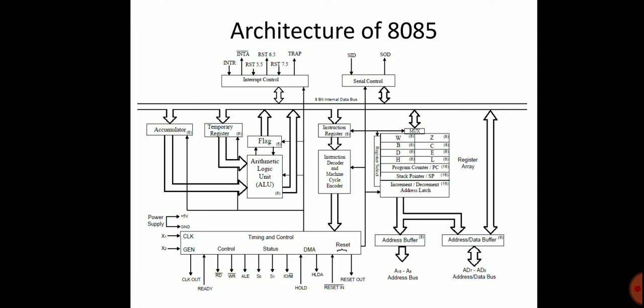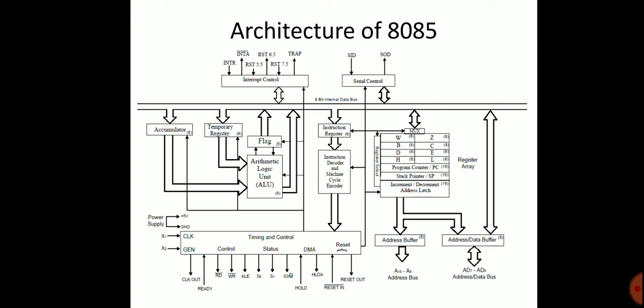it is made up of six 8-bit registers, that is B register, C register, D register, E register, H register and L register, and 1 accumulator and 1 flag register and two 16-bit registers, that is the stack pointer and the program counter. All these registers are accessible to a programmer and hence they are included in the programmer model. The remaining registers, the temporary registers W and Z, are not accessible to the programmer. They are used by the microprocessor for internal intermediate operations.